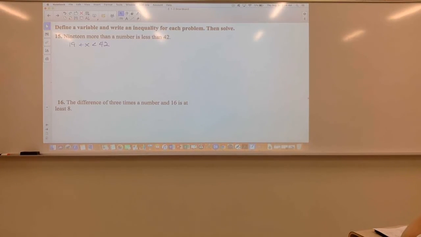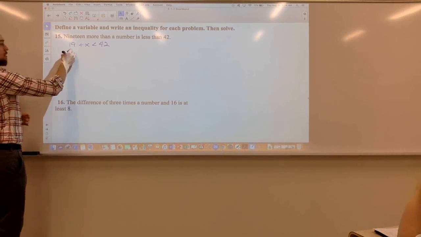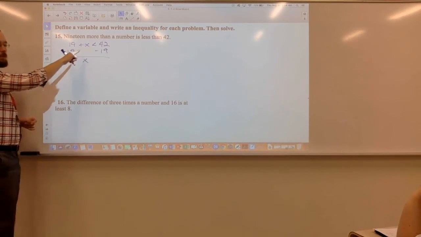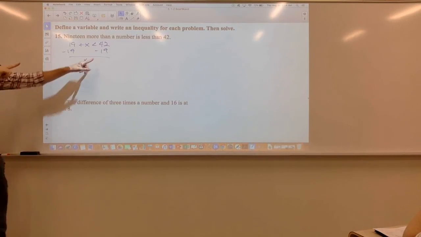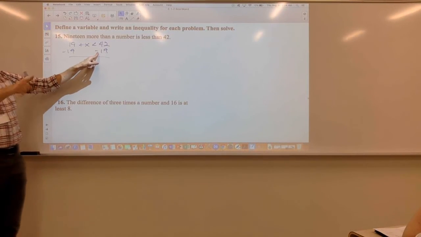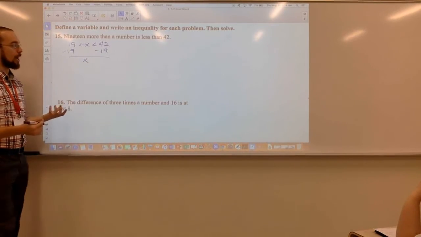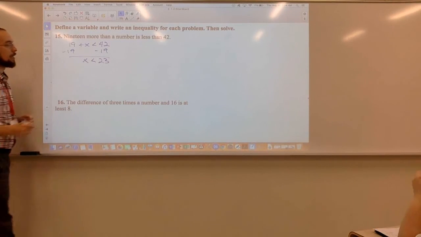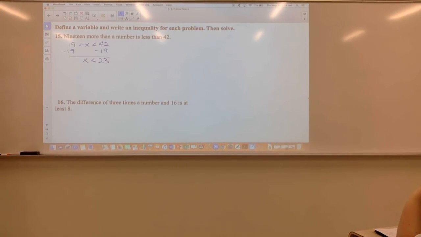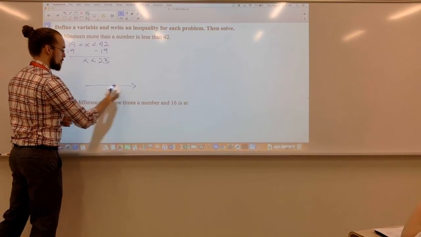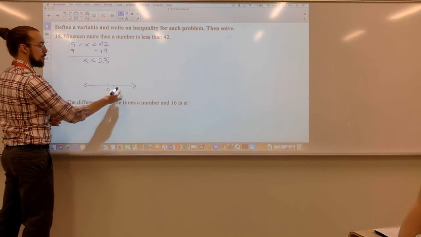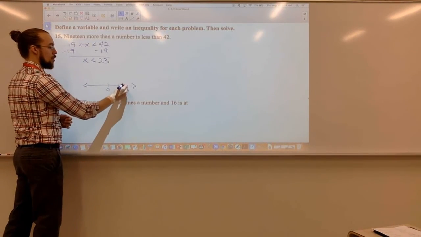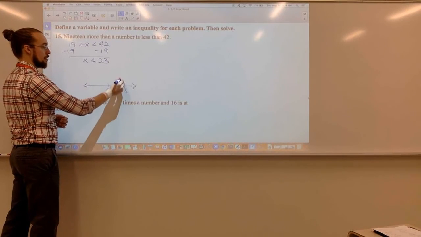So how would I get x by itself? Subtract 19. Do I flip the inequality here? No. Why not? It's because you're not dividing by it. Right, we're not multiplying or dividing. We're just subtracting. So we do not flip the inequality here, and we get x is less than 23. So if I wanted to graph this by hand, I'll mark 0. I'll mark 23. It's going to be an open circle. And I want everything